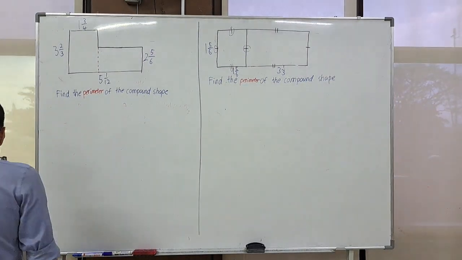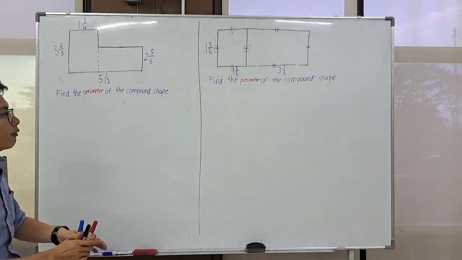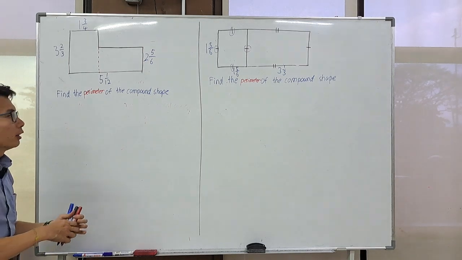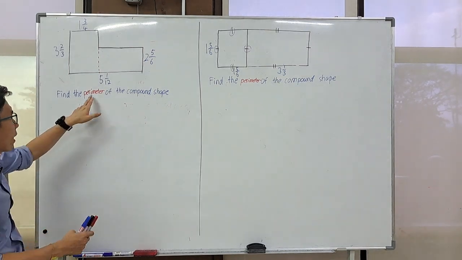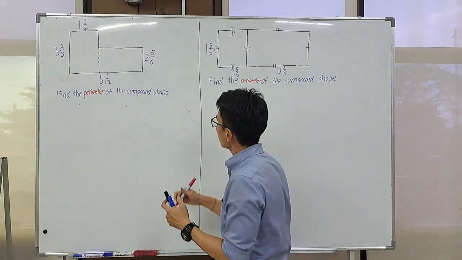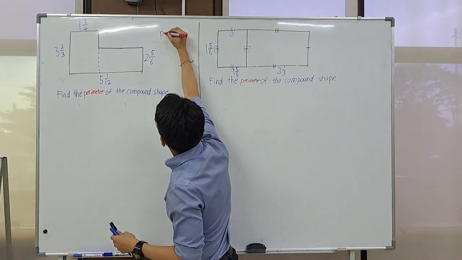Now, let's look at a different example. It's very similar to the previous question, but this time we are not finding the area. This time we are finding the perimeter. Now, what's a perimeter over here? Okay, now perimeter